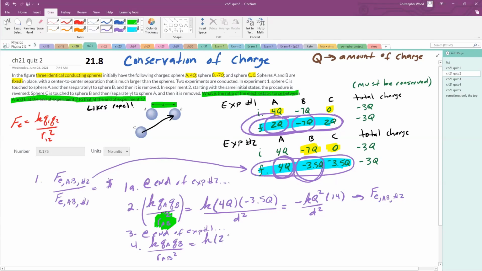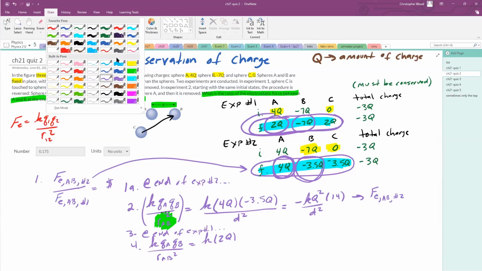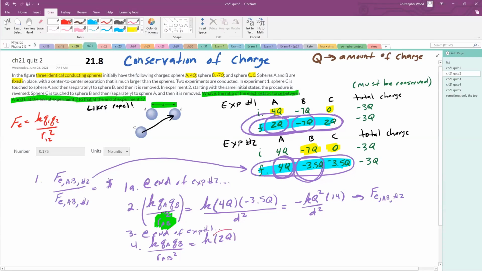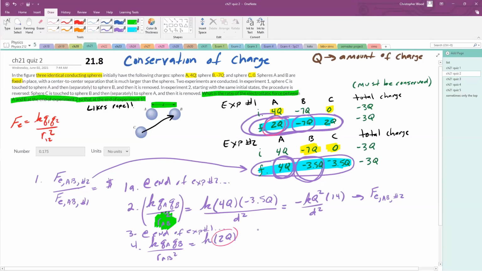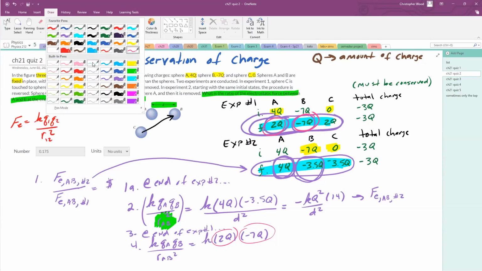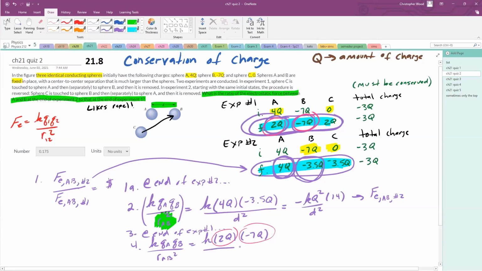Equals K times QA. Here's QA. QA is 2Q, so I'm just making sure I'm mapping things correctly. QA times QB. QB is negative 7Q because of my table, so I'm leaning heavily on my table. There's QB, all over the distance between A and B, which is still that same D. So the distance between A and B is D, and I square it, and that's the answer. So this equals